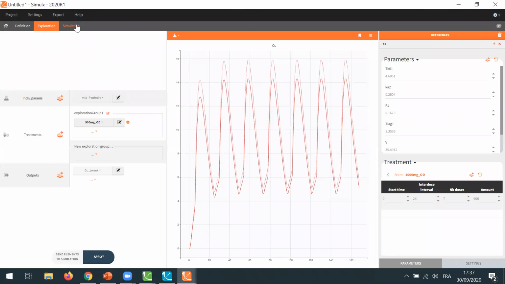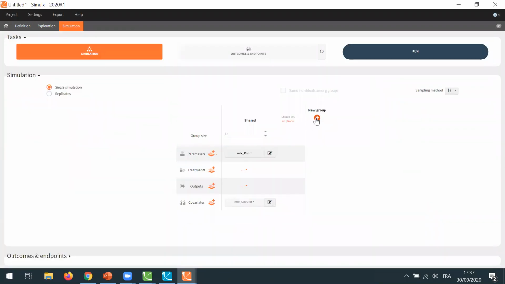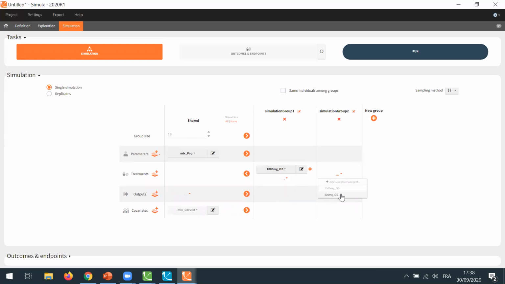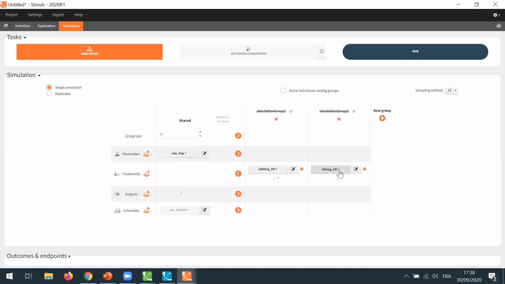And now in simulation, I can click here to create two groups of simulations to compare the treatment with multiple doses with the reference dose of 1000 milligrams, and with a new amount of 900 milligrams. By default, all elements here are shared across the two groups, and I can click here to have a group-specific treatment and select the first treatment for the first group and the second treatment for the second group.